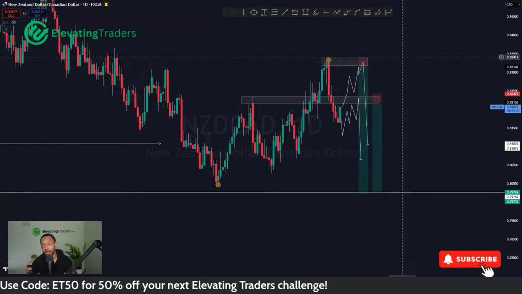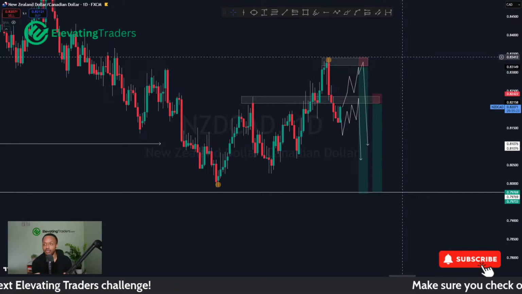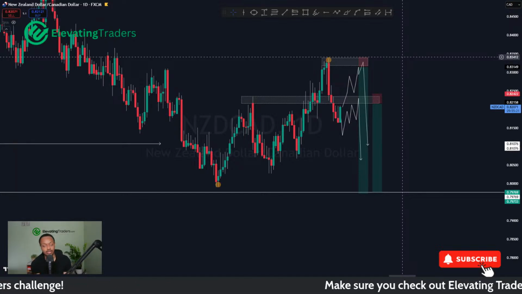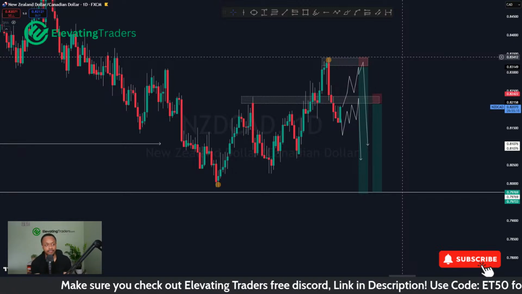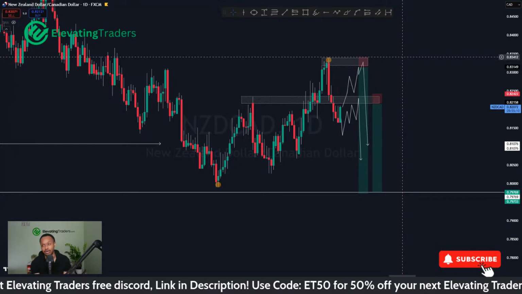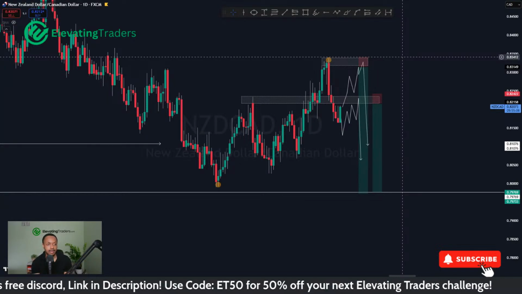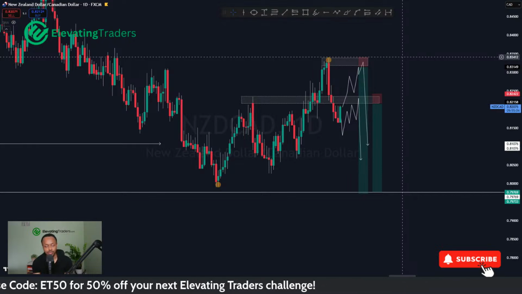I will look to trail remaining positions to those bigger targets if it makes sense to do so, like my Aussie CHF trade, and kind of like silver as well. If that can get to my target, I'll take most of my profit around 35, but I'll trail stops for that one. I don't really have a target for silver, so I'm just going to trail. But I like to try and maximize my winners as much as possible.